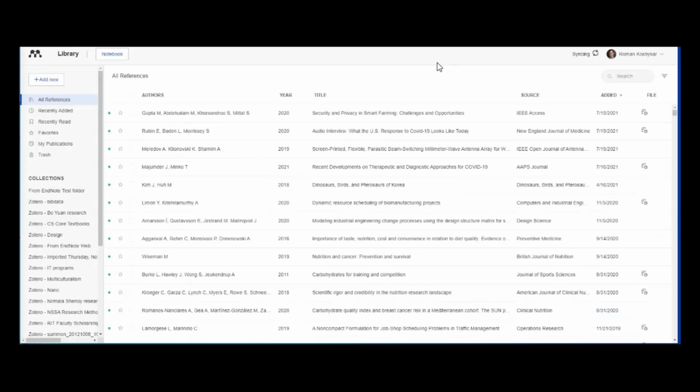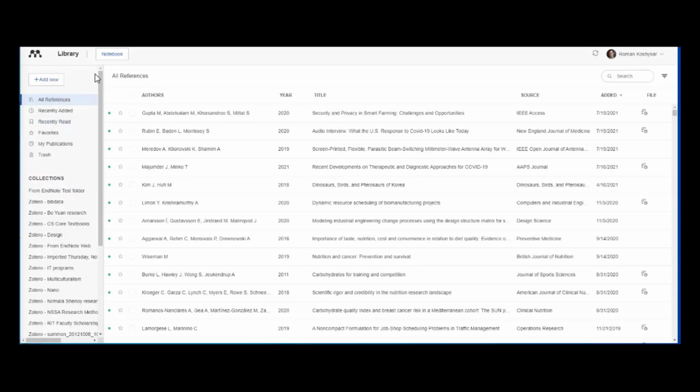And now we are actually into the interface that is going to be used more often going forward, Mendeley's reference manager interface. Notice that everything does sync here with my desktop library. So all my references are still present. And one small difference is that instead of folders, Mendeley calls your organizational buckets collections here on their website.